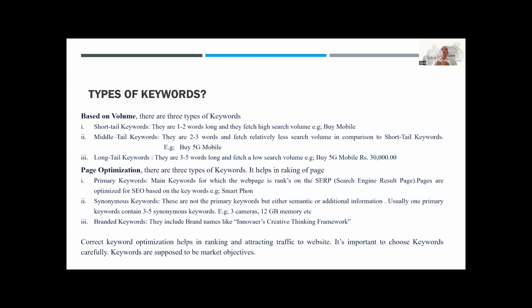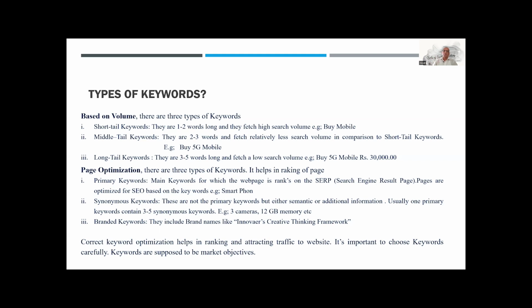This is easily used by an end user when they are typing in the search engine. Now, for the page optimization, when the keywords are being used in the pages as a part of the content, it is again segregated into 3 types. That is the primary keywords. The primary keywords are the keywords which are being used in the content. Now, say I am using 5G mobile, the direct use of the product in the content, the 5G mobile. So that is the primary keyword which is being used as a part of the content making.